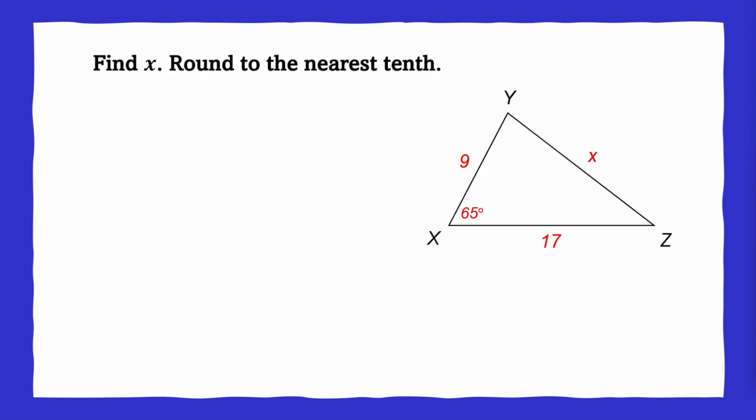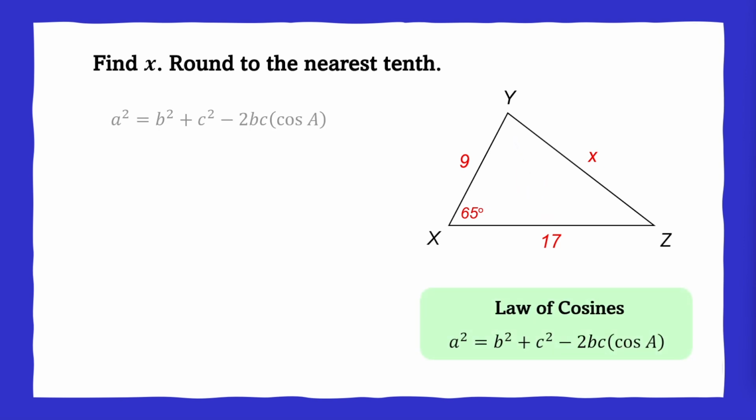Find x, round to the nearest tenth. We're solving for the side opposite the 65-degree angle. Since we don't have another angle for the law of sines, we use the law of cosines. x squared equals the sum of the squares of the adjacent sides, 9 and 17, minus twice their product times